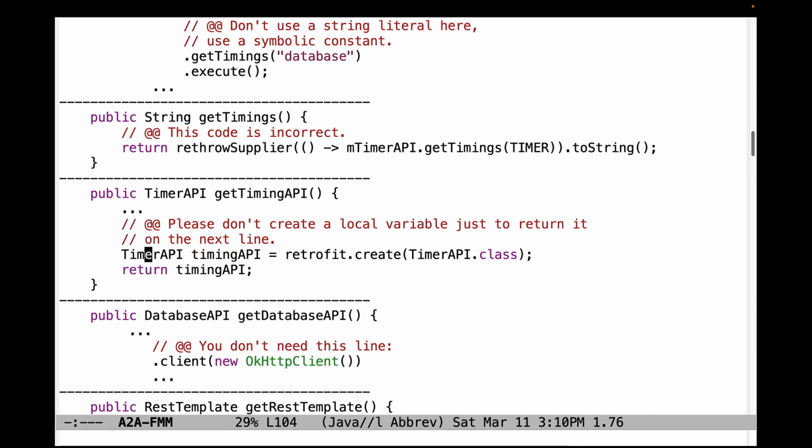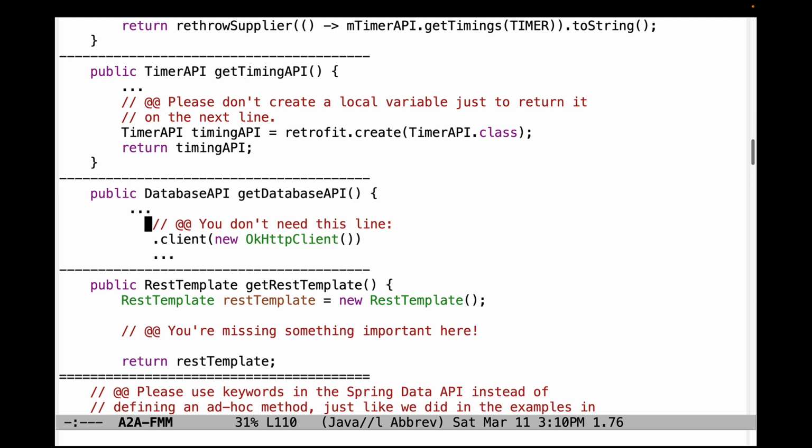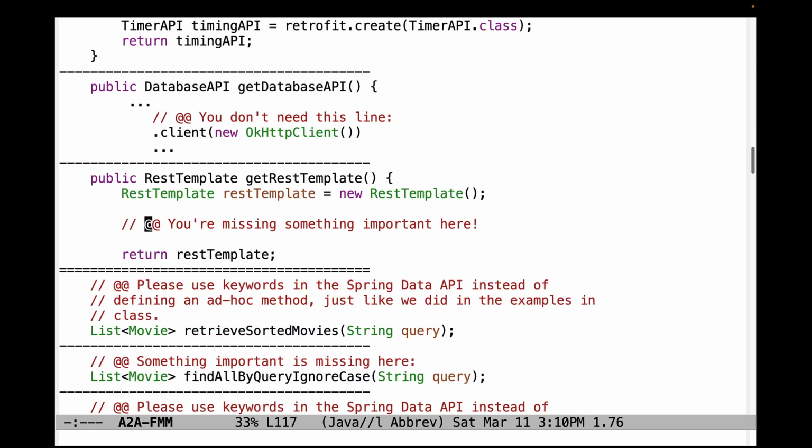You should just have the whole thing be fluent. If you look at the examples I've shown in class, they give you a nice model to follow. There's no need to have a call to OK HTTP client here in the Get Database API factory. I'm not sure what that's doing there, but it's unnecessary. Make sure you actually fill out the REST template to have the appropriate URL for the gateway, so it knows